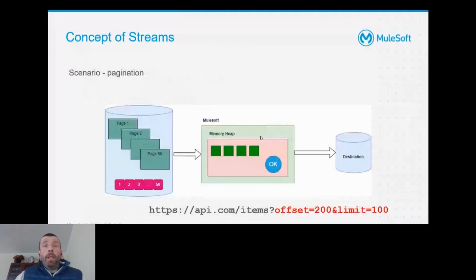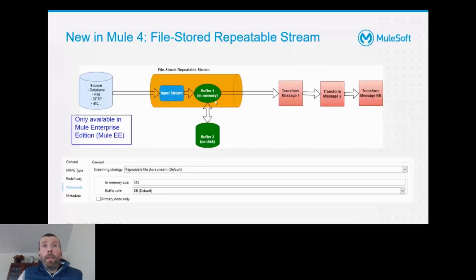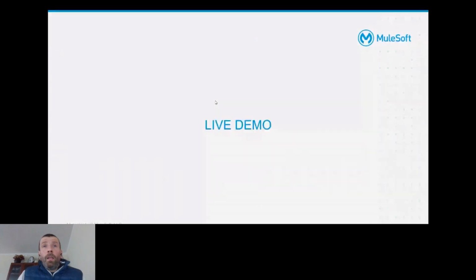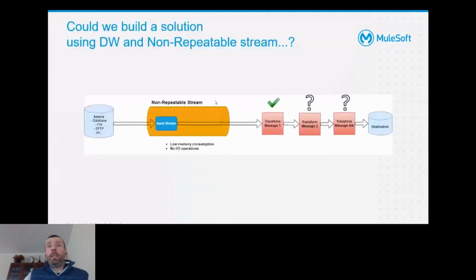Okay, this was the in-memory buffer, which we now exceeded in this demo 2. Live demo, streaming in DataWeave. Okay, let's resume from this point. This will be the second part, as I said, maybe the advanced part, but very interesting and promising in terms of building an efficient solution. So I will start with the question: could we build a solution using,